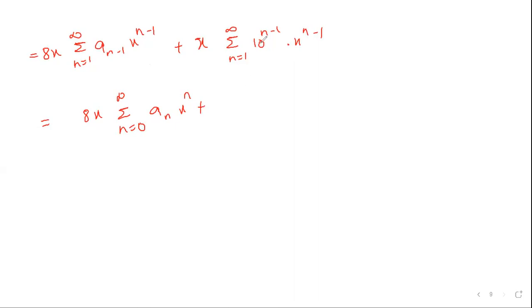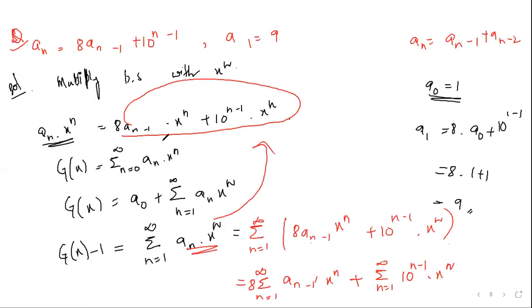Similarly, over here, instead of n − 1, if I take n − 1 = 0, then we can make the same change here: sum from n = 0 to infinity of 10^n x^n. What am I doing? Whether I take n = 0 to infinity of a_n, or n = 1 to infinity of a_{n-1}, both are the same thing. Now, what is this sum from n = 0 to infinity? It is our g(x).